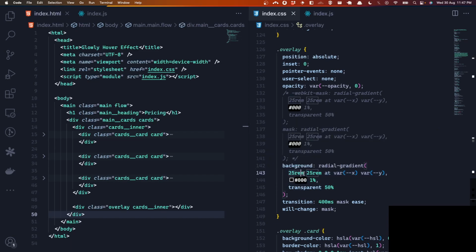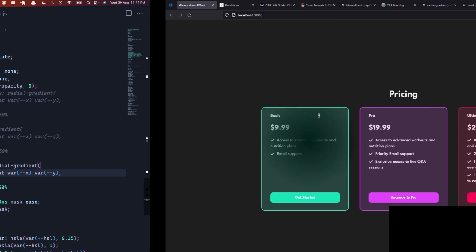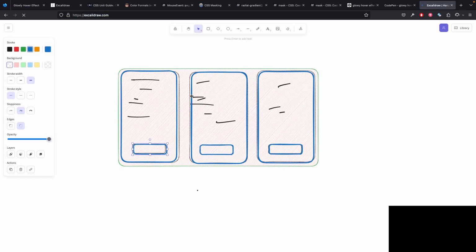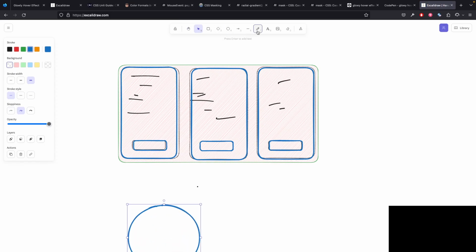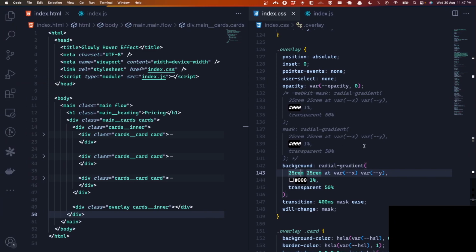It says that it needs a 25 by 25 ellipse, which is basically a circle which has 25 rem of, I think it is something like this. I might be wrong, but 25 and 25 are basically, I am forgetting what it is called for a typical ellipse, but because both of these are the same in value, the ellipse is a circle incidentally. So these are the diameters, basically the length of the axis of the ellipse